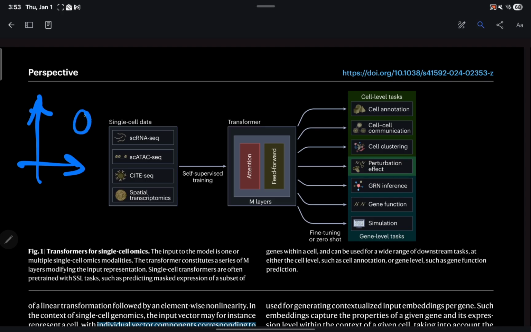It's information because how the neighbors are reacting can influence your cell and basically your tissue and then your body. Then we have this information, put it through transformer, which has the attention heads and feed forward networks,